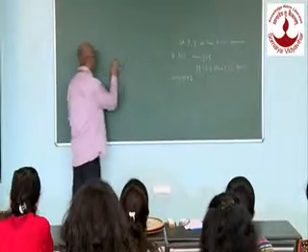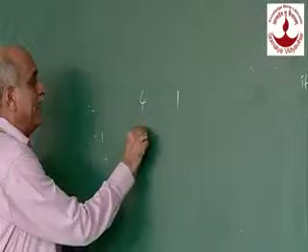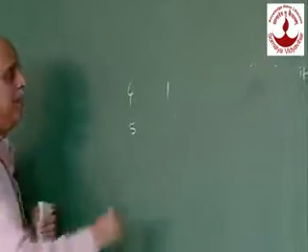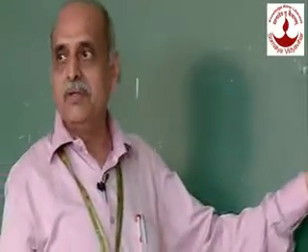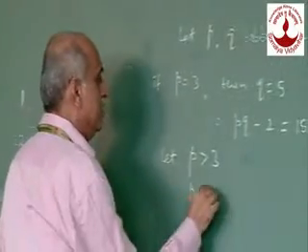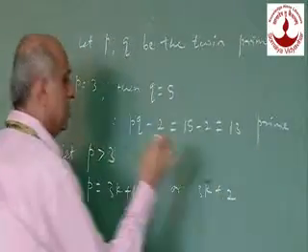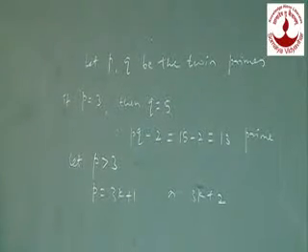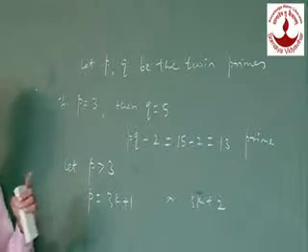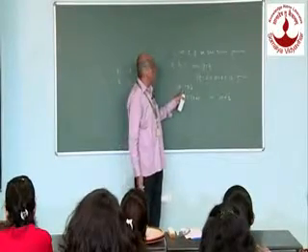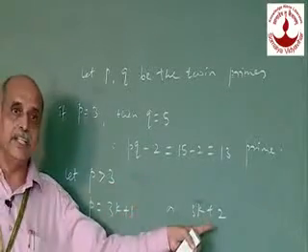For example, let us take 4 divided by 3, remainder will be 1. If I take 5 divided by 3, remainder will be 2 and so on. So, if we take a prime which is greater than 3, that P may be of the form 3k plus 1 or 3k plus 2, where k is an integer. For example, you take 11. Can you put 11 in this form? Because I said P greater than 3 is a prime. So, any such prime we can put in the form 3k plus 1 or 3k plus 2.